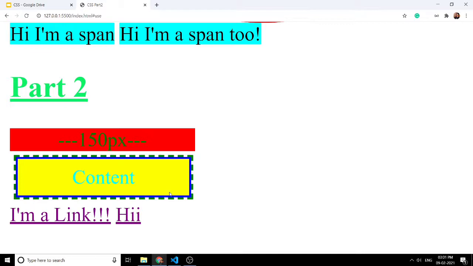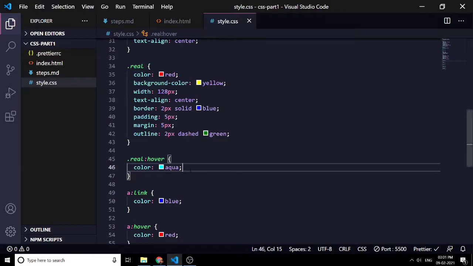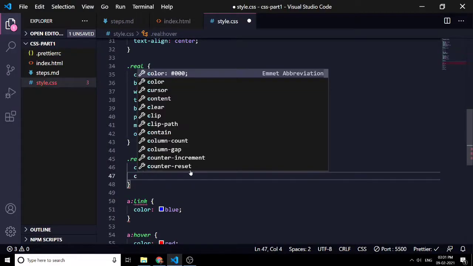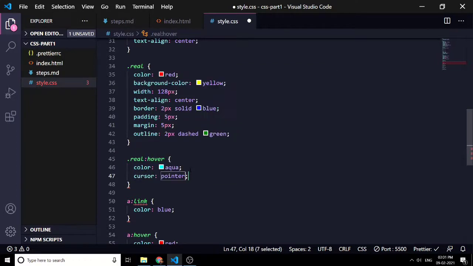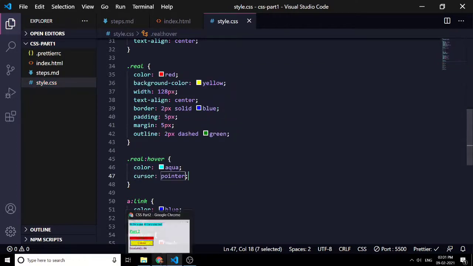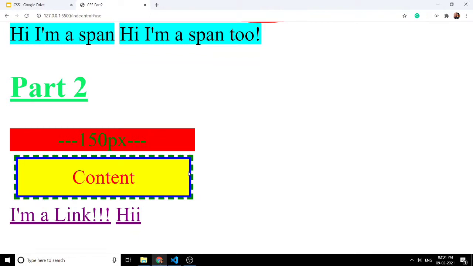Generally the hover property is applied for buttons, where we change the cursor to pointer, so that when we hover over it, our arrow turns to a pointer, which implies that this is a button that we have to click.